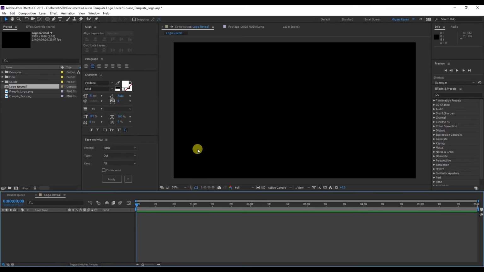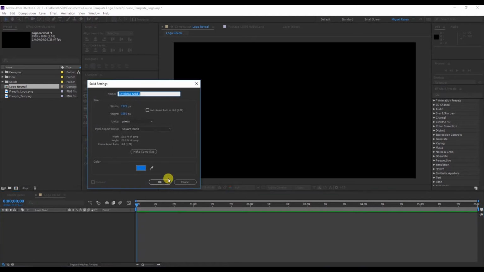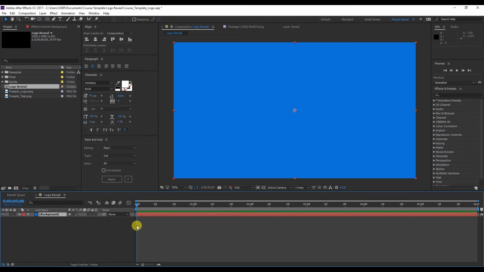Press OK. Let's right-click on the timeline, New Solid, and create a background with this color code 1374D7. Press OK. In this case, as an example, I'm giving the codes, but later you can customize it. We'll block this background, click on the padlock, and start with our animation, creating the ellipses that you saw animated